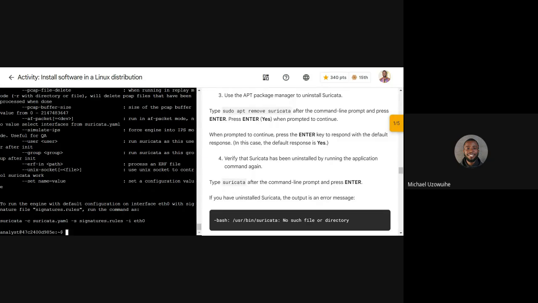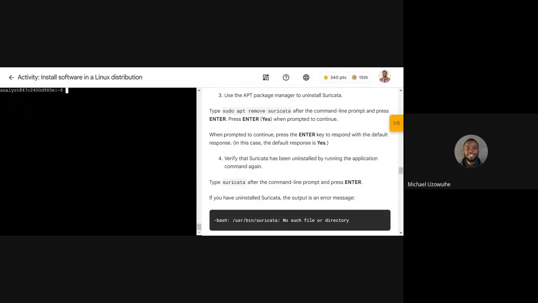So how do I clear my screen? I think a lot of things are on my screen. How will I clear it? Okay, somebody said clear. So you said I should type sudo apt remove